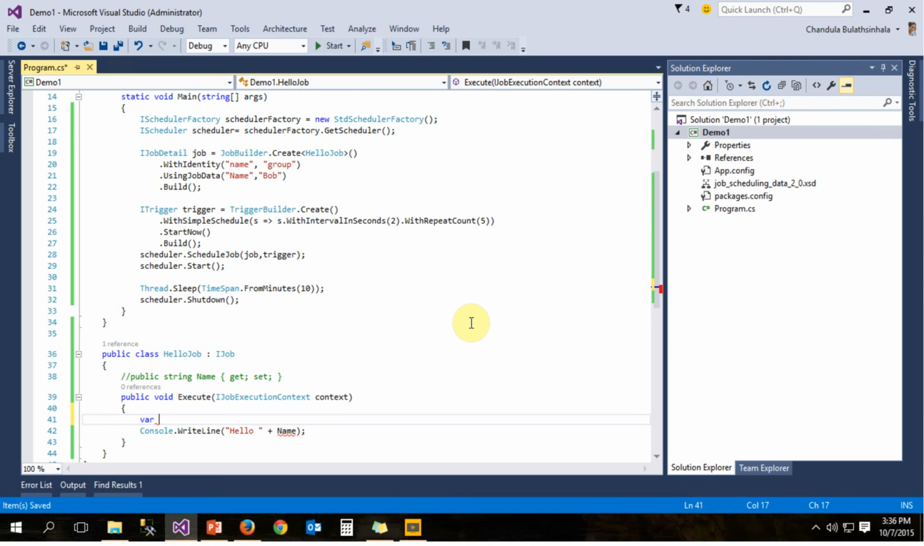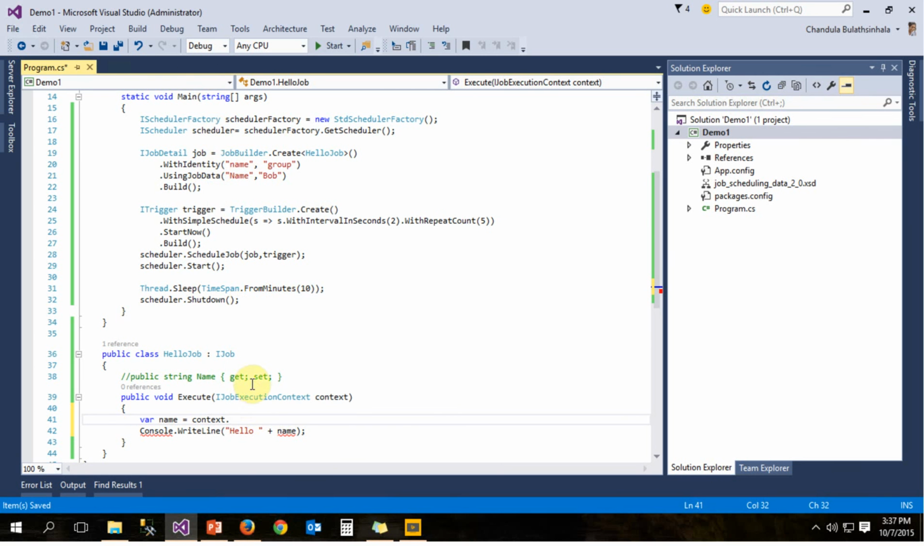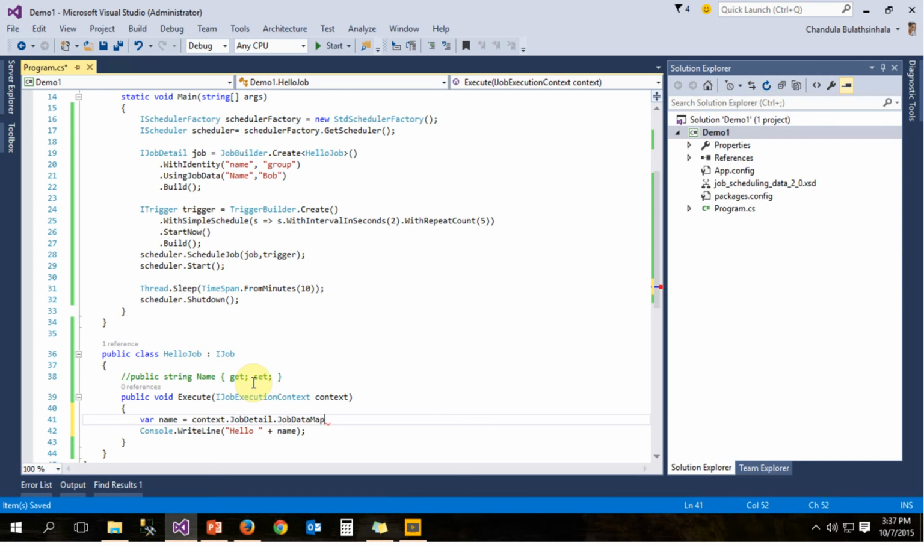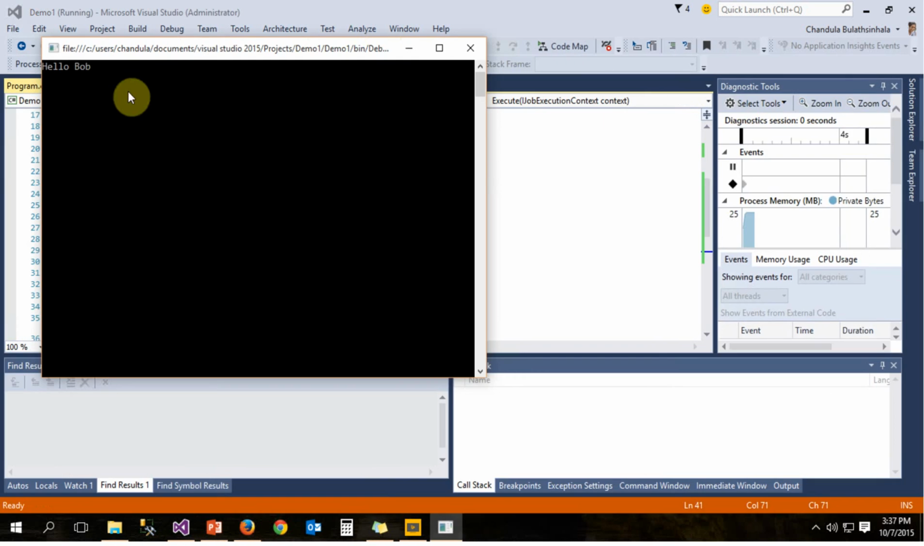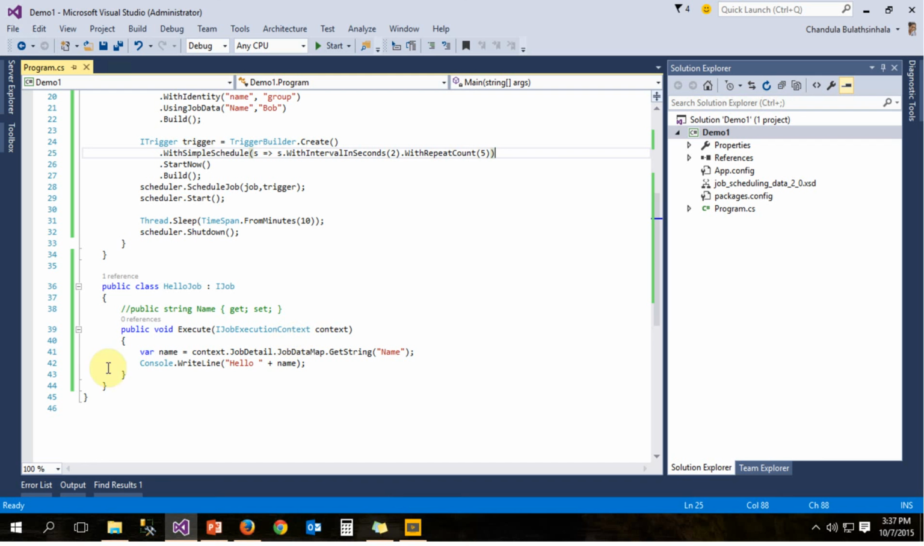So I'm going to create another variable here, and I'm going to access the data we passed through this context parameter. I have to go to the job detail instance, and from there access the job data map and get the name. So this is another way of doing it. It will basically give you the same output. So that's how you pass values to this method. So to answer Hiran's question,